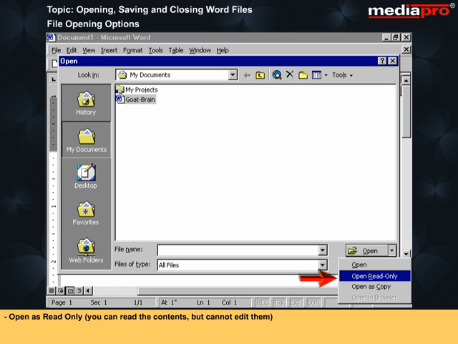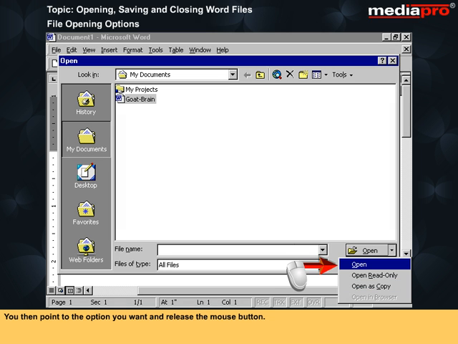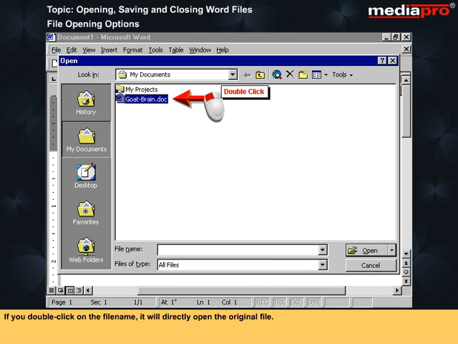Open as read only. You can read the contents but cannot edit them. Open as a copy. You then point to the option you want and release the mouse button. If you double-click on the file name, it will directly open the original file. If you single-click the file name to select it, then you have to use the Open button to open the